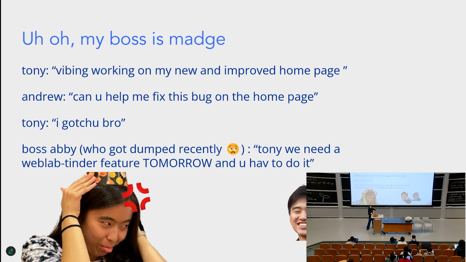And so now Tony's a little bit confused, because he was working on his homepage. He was trying to make a new version of the homepage, and so he was changing a ton of stuff in the code, deleting stuff, adding things. And then Andrew comes along, and he's like, can you help me fix this bug on the original homepage? So now Tony has to somehow go back to the code on the original homepage in order to fix the bug on that. And then Abby comes along and is like, we need you to work on this. And then he somehow has to revert again in order to work off of the original working code to make this new WebLab Tinder feature. It would be kind of a mess. And that's where